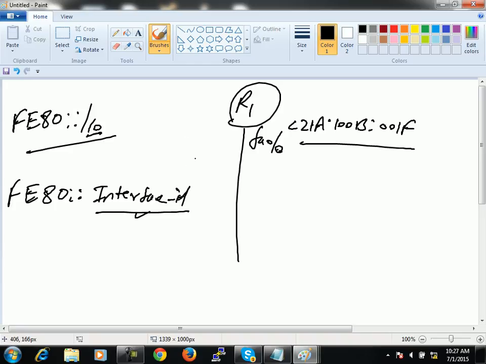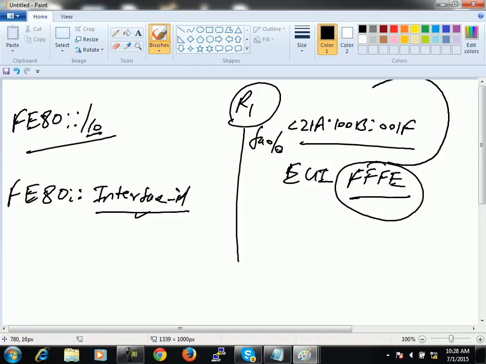So of course there are 16 bits; 16 bits are short. To fulfill this requirement, we will be using the EUI, equipment unique identifier, which is known as FFFE, and this is a fixed value. It will put this EUI just in the middle of the MAC address, right? So this is your EUI, equipment unique identifier, which is fixed FFFE. So it will add this FFFE in the middle of the MAC address, so it will become now